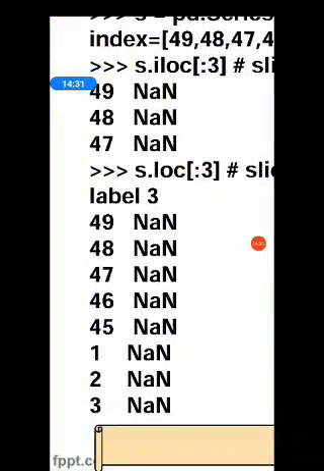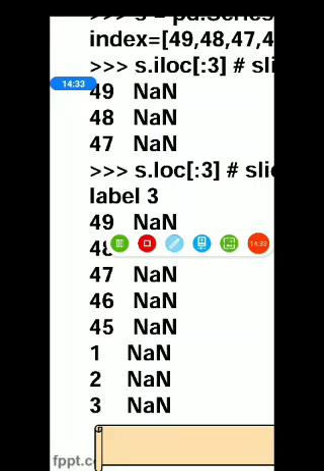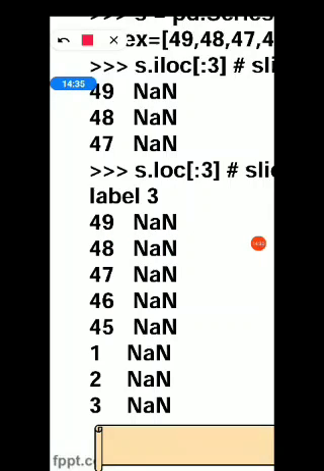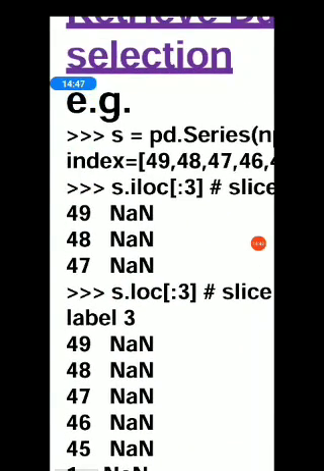See if you have understood the functionality of ILOC and LOC. So LOC says that starting from the very first location till level 3, whereas in ILOC it is for the first 3 locations only. So both are behaving differently. You have to mention them in your differentiation.